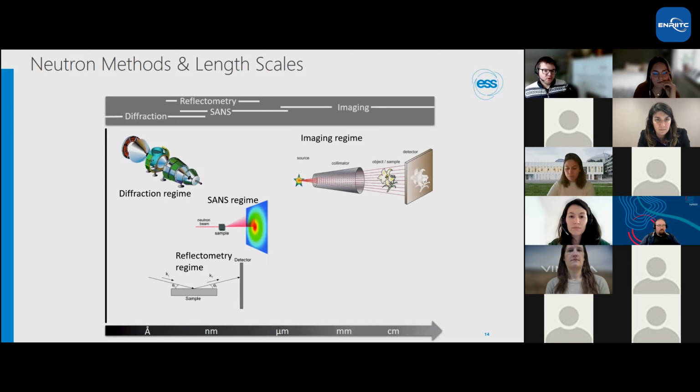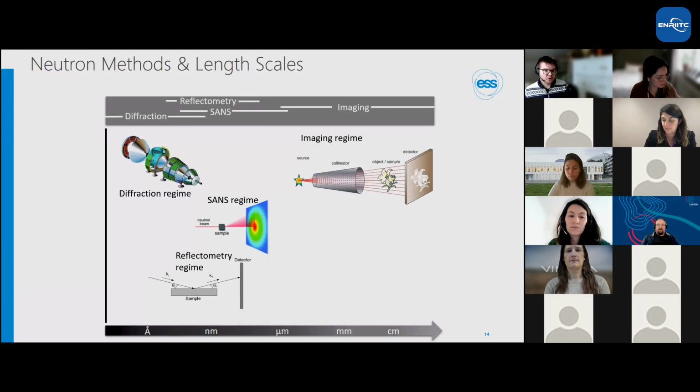And then we also have neutron imaging, which is actually performed in real space. And the accessible length scales are determined by the achievable spatial resolution of your instrument, basically, which is nowadays a few micrometers. And of course, neutrons can then shine through tens of centimeters of many materials, making it a very